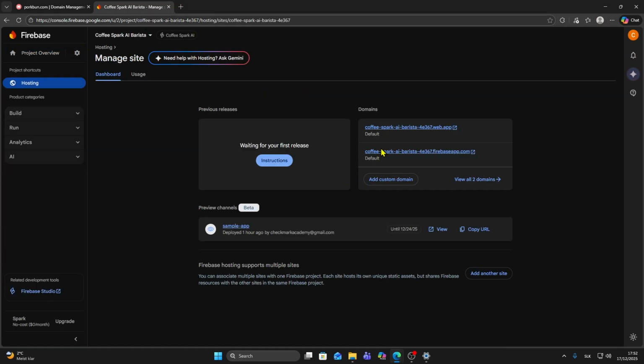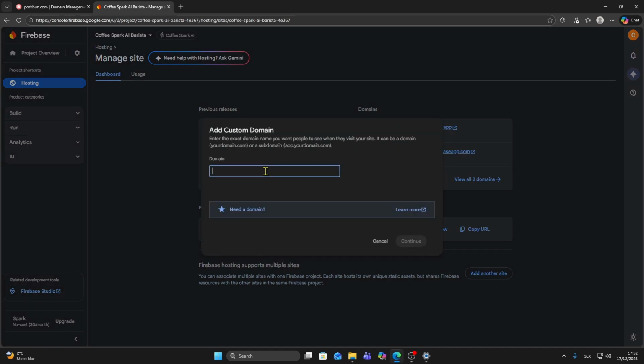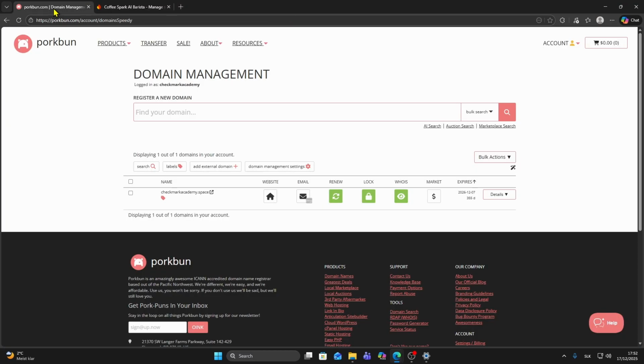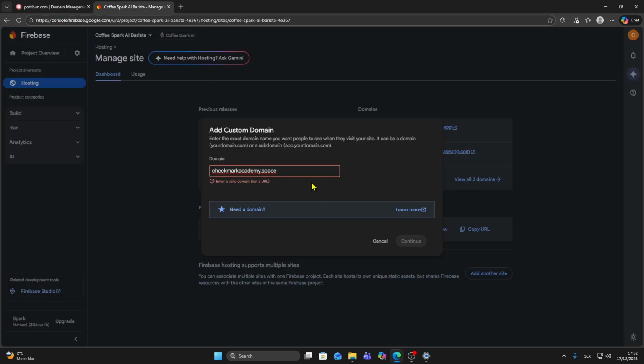Now from here, those are your default Firebase domains, and to add your Porkbun domain, just click on add custom domain, and here in this field you want to type or paste your Porkbun domain. So I'm going to open my Porkbun and this is my domain, so I'm going to copy it, paste it here,